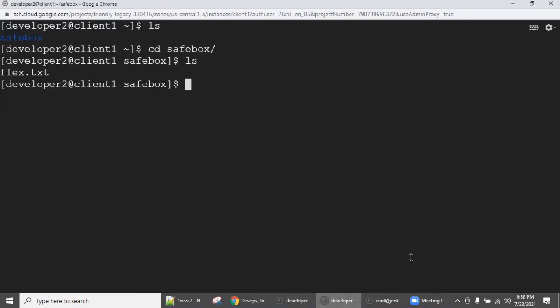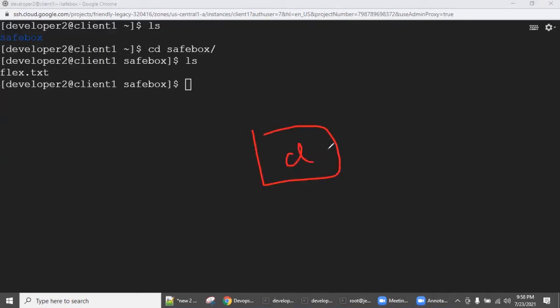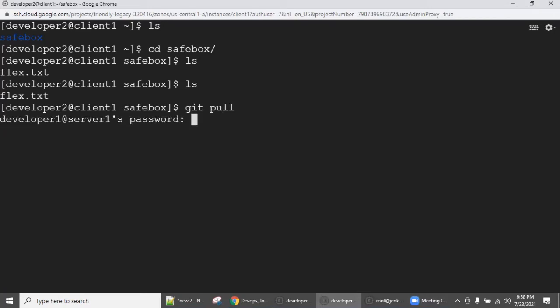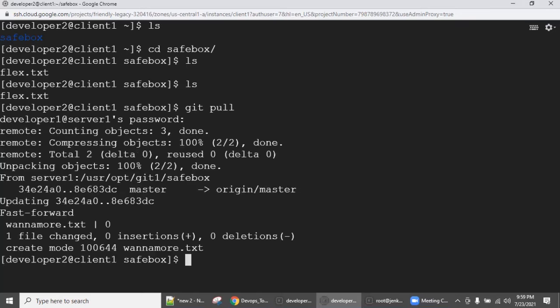Now remember, developer 2 is on a different machine. He is coming in the night shift. On the server, there is a developer 1 login. He did some changes and pushed it, and he left the office. Before developer 2 starts his work, remember there is only one file, so git pull for the local copy. You can give the functional user ID password CNL1235.